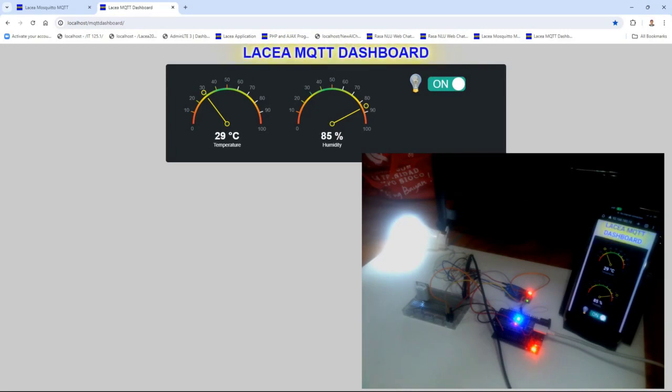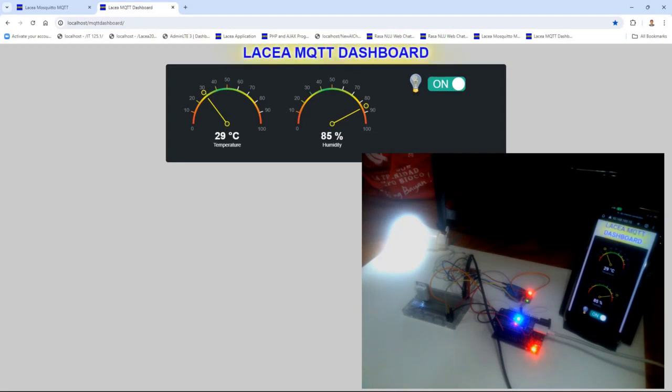Now, when you see the smartphone, since the update of the data sent by the microcontroller together with the MQTT broker is every 10 seconds, it will somehow synchronize with the data received by this smartphone every 10 seconds.